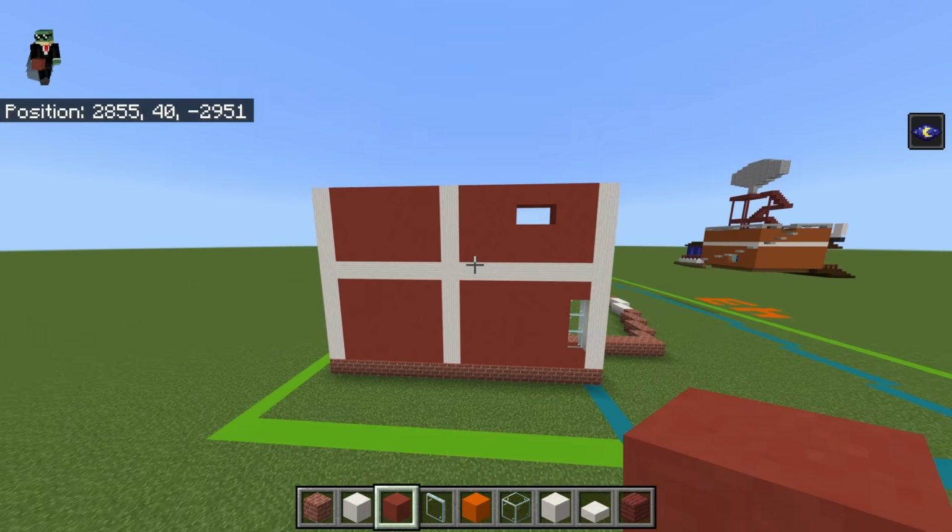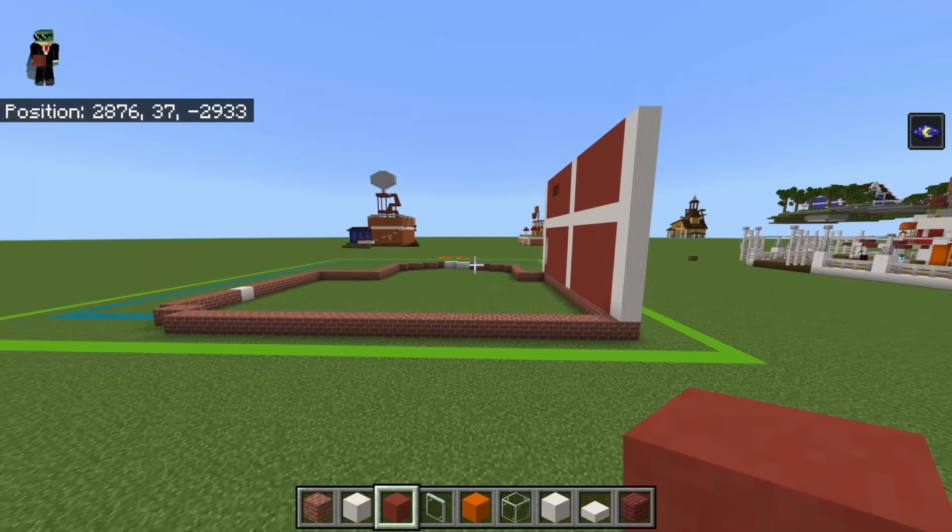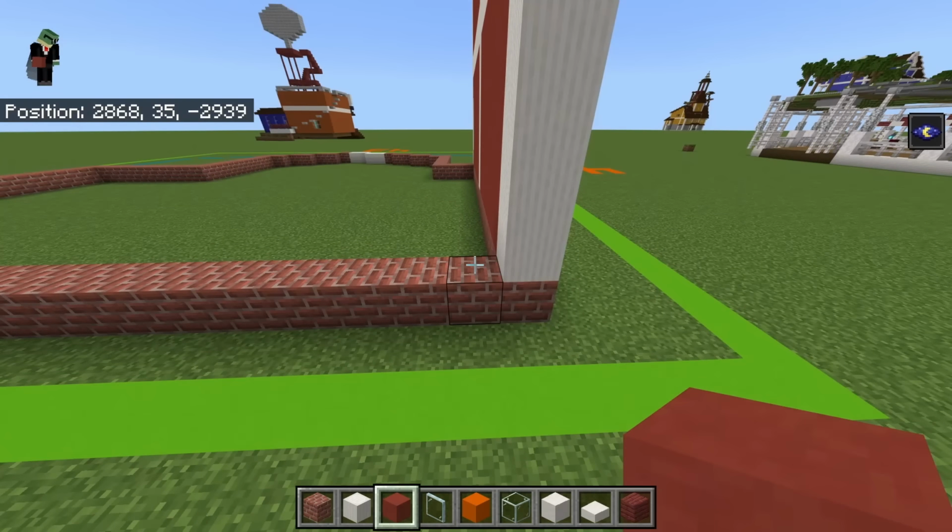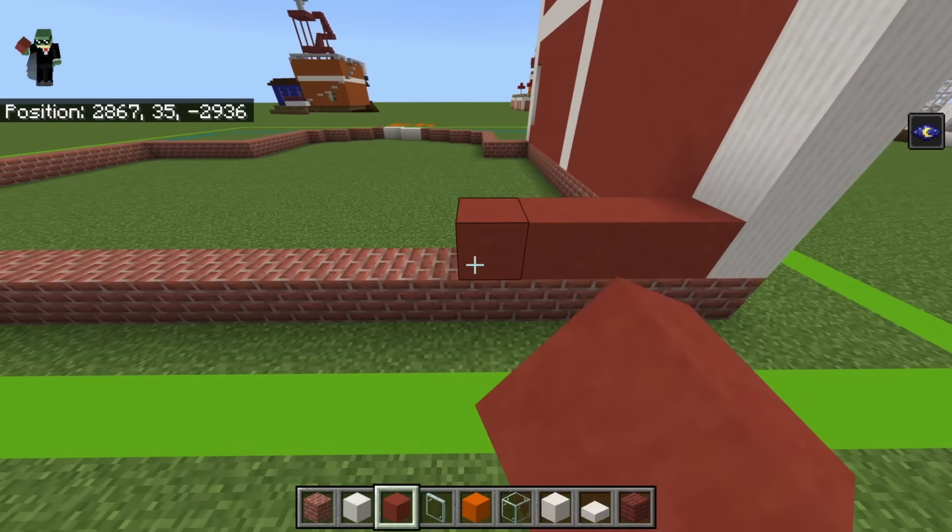Anyway, back wall time. Back wall is also really not that bad. Has more windows, though, I will say that much. So, going right to left, which right will be the side we started on from this quartz pillar, you want to go across and you want to place 12 red terracotta,